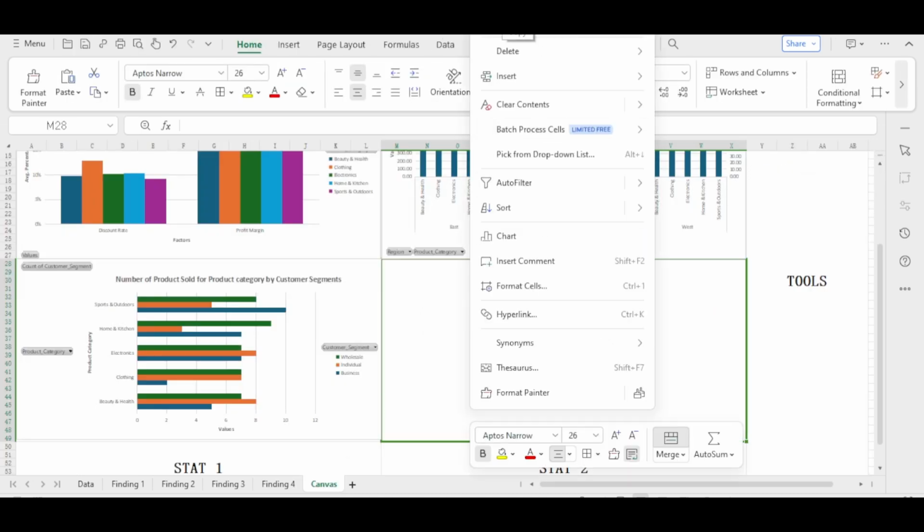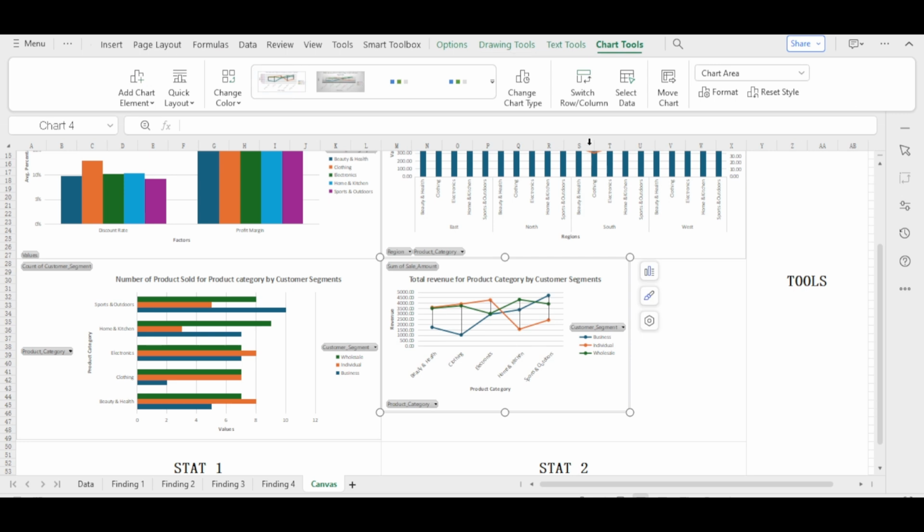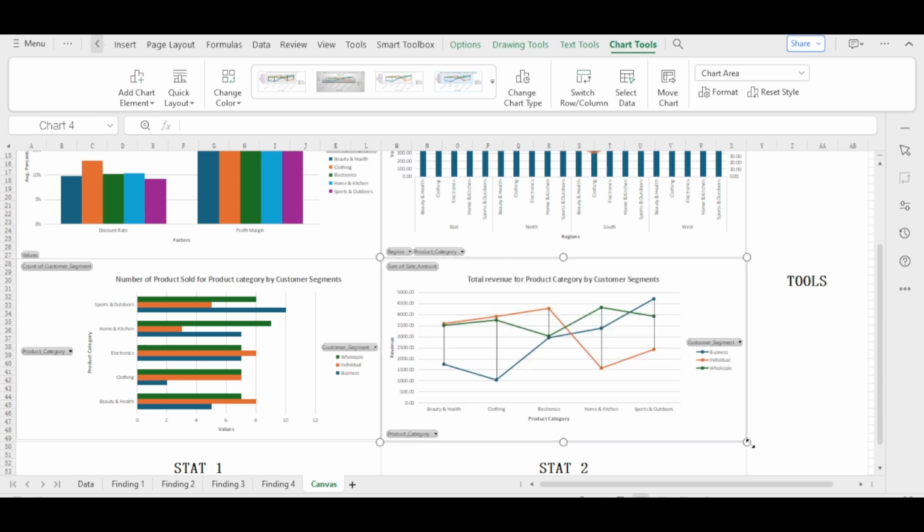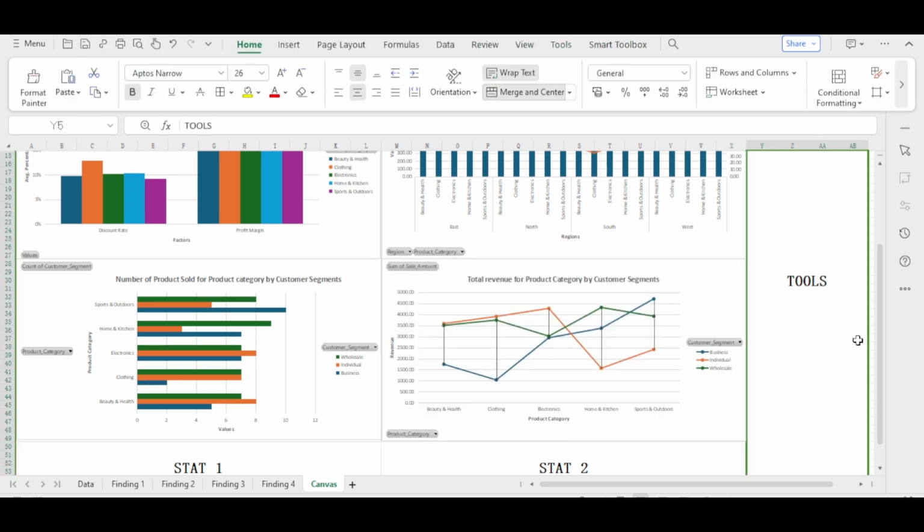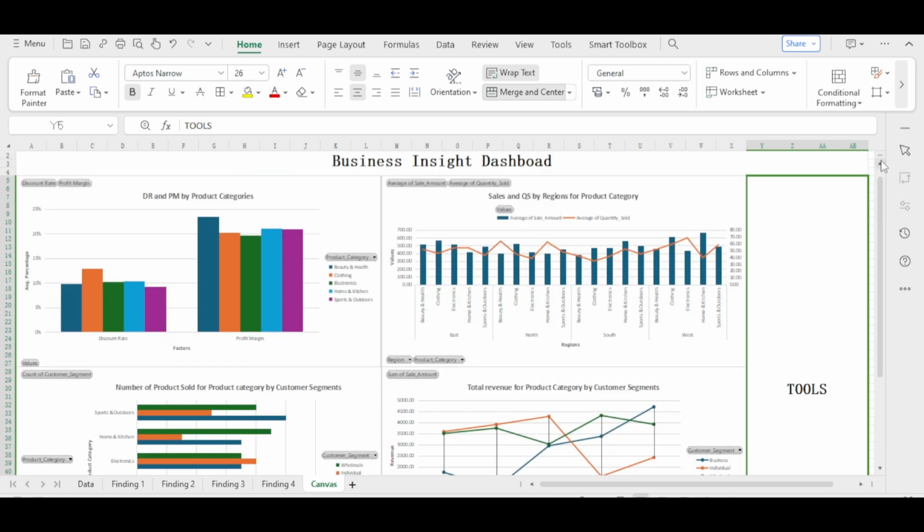So we paste this here, and then we drag it to adjust the size. So as you can see, we have been able to bring our 4 graphs to the dashboard that we are creating. But you can see that our graph number 1 is not looking very attractive, so we proceed to